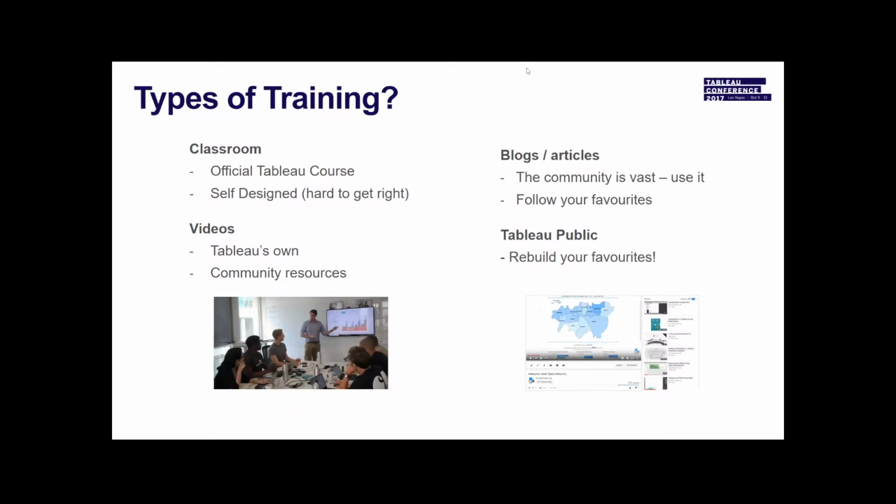And the same with blogs and articles. Lots of step-by-step guides, all helping us learn this range of skills that are involved in Tableau. My advice would be to follow some of your favorites and they'll link you out to other good material as well. If you try and cover everything, you're probably going to drive yourself